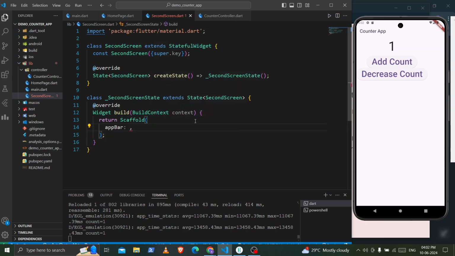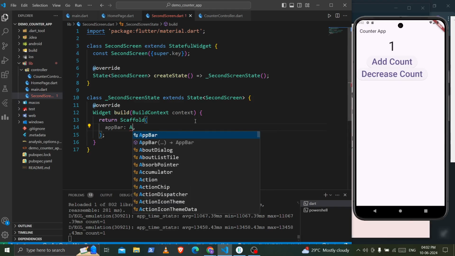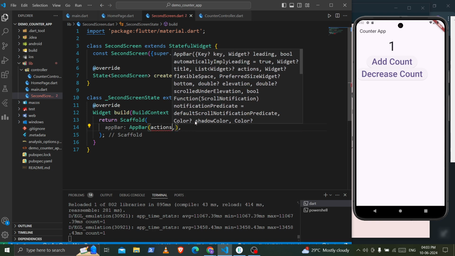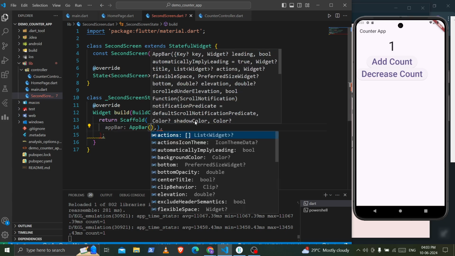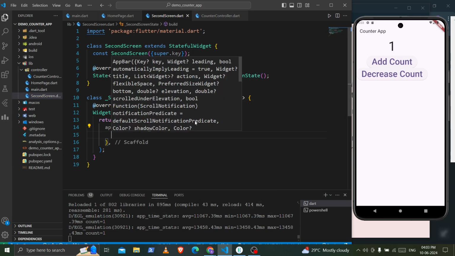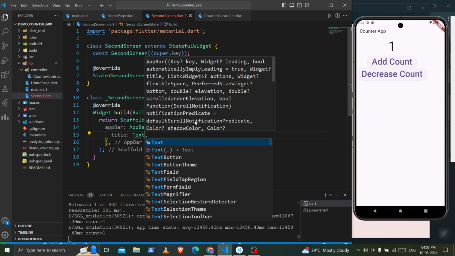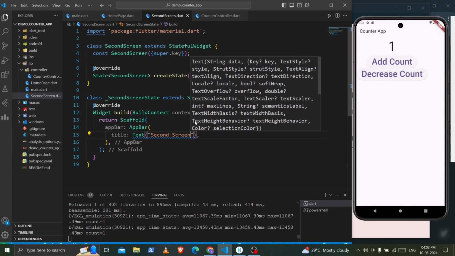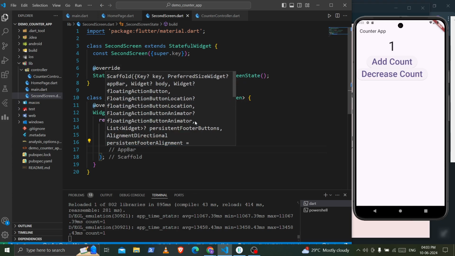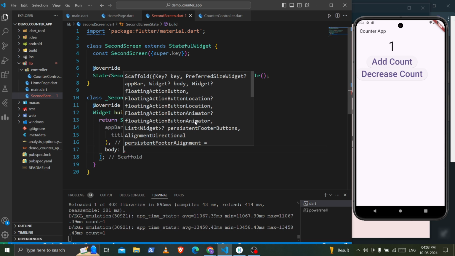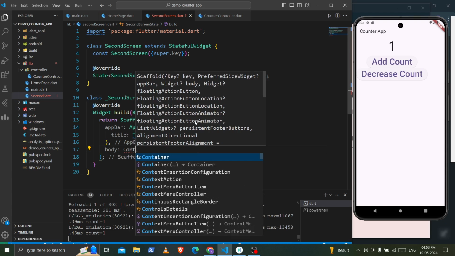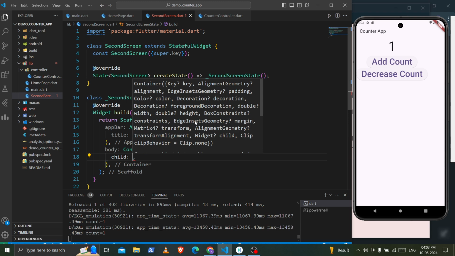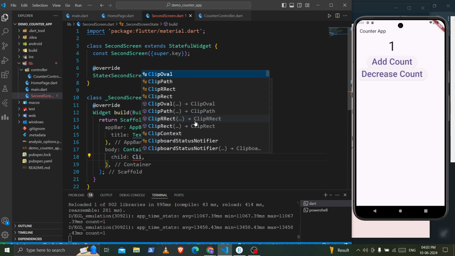Here I will pass an app bar, which will have a title named Second Screen. It will have a body, and inside the body, let's wrap it inside a container, and the same process, with child column,